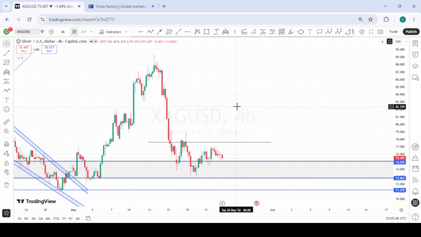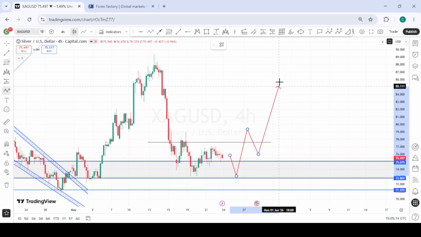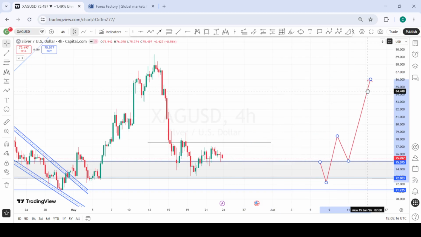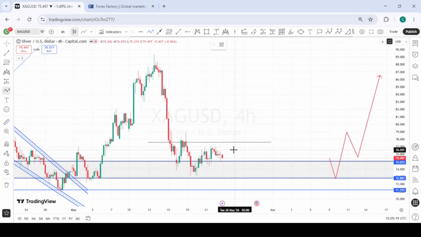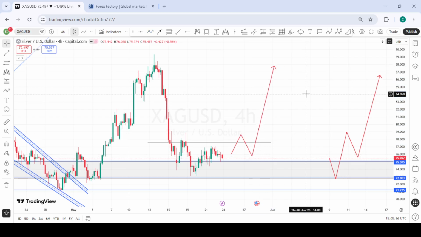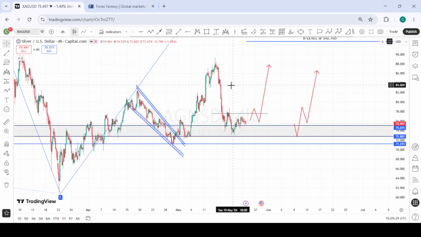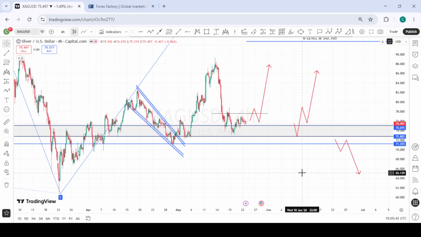All we are waiting for is either a double bottom formation right here. We get a bullish move, come for a neckline retest, continue to the upside, or if we get a daily structure shift here, we come for a possible higher low formation or a right shoulder formation, and then we continue the buys to the upside. So we are also bullish on silver, depending on how crude oil moves and how DXY moves for the coming week. This can also be invalidated if price breaks below this area of interest and continues to the downside for silver.